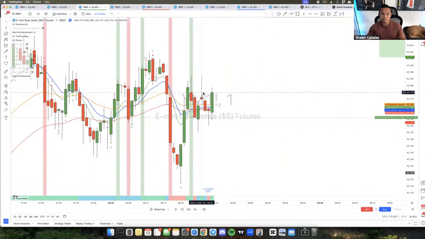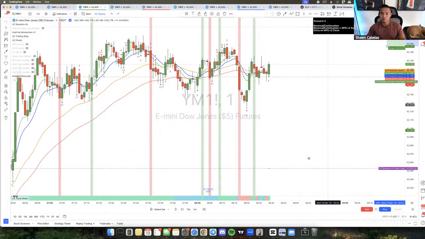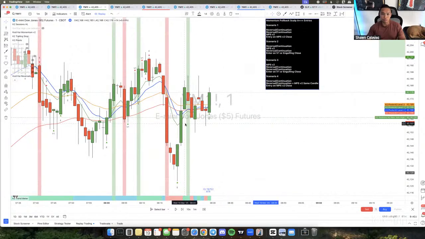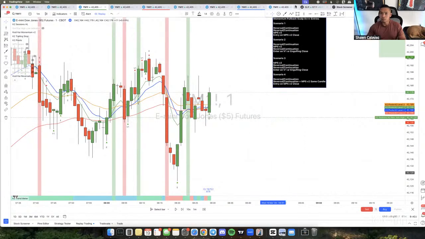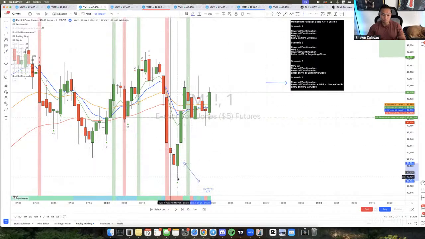This is not a good example, but I'm just gonna show you this so that you have an idea. This is basically going to be scenario number 4. So for this one over here, we got reversal continuation. So we start off with this one right here. See, this is an engulfing. That's going to be the first point down here, engulfing, right? So this is going to be a reversal continuation.